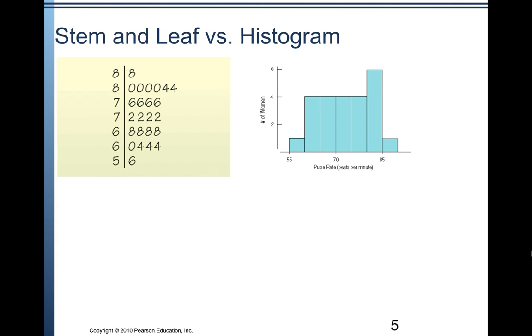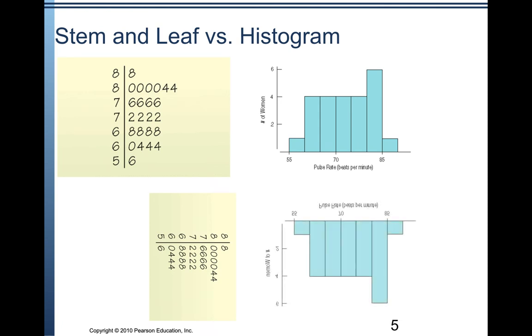Now, what's interesting about a stem and leaf plot is that, depending on how you orient it, it looks exactly the same as a histogram. Up here, we have a histogram and a stem and leaf plot of the same data. And if we play around with the orientation, watch what I do here. If I rotate the stem and leaf plot so that it's upside down, and then flip the histogram upside down, notice they have the